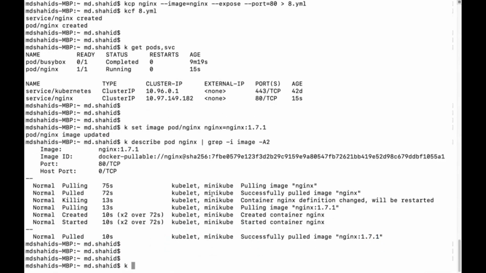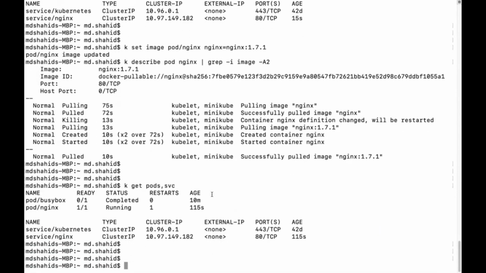Before that, to run a temporary busybox, make use of imperative commands like kubectl run busybox, image is busybox, and since this is a pod, mention restart equal to never, and once it is done, we tell it to delete it. And let's run wget